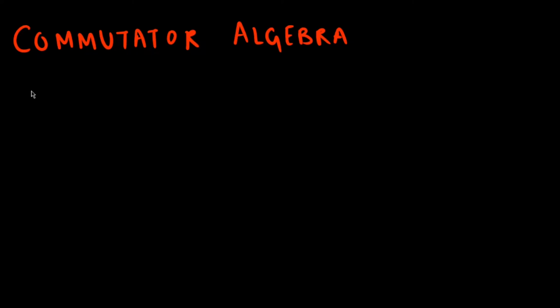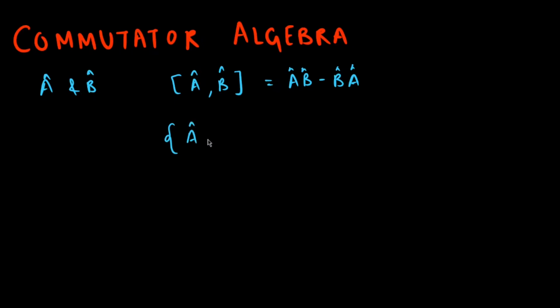So let's talk about commutator algebra. Consider two operators A and B. The commutator of two operators is given as [A, B] = AB minus BA, with caps, and the anti-commutator of two operators is given as, in curly brackets, {A, B} =